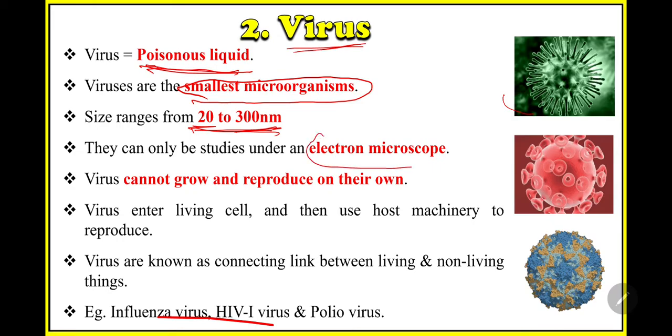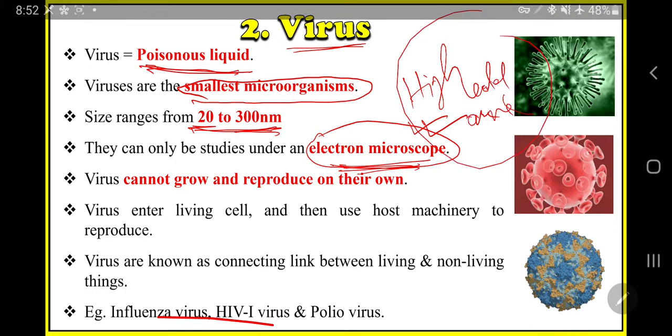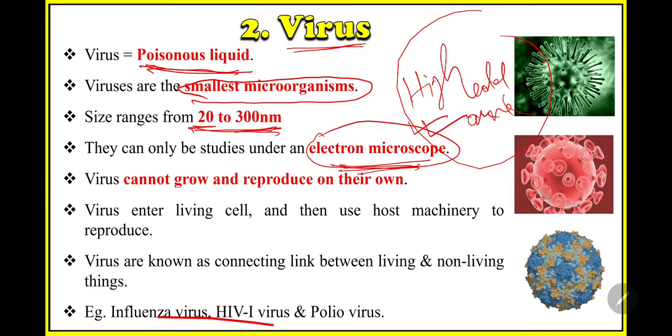So far, of all the organisms we have studied, we have studied only bacteria. Bacteria can be studied with the help of a normal microscope. In the initial case you can start with a compound microscope, but for viruses you always need an electron microscope. An electron microscope is a high level one, so it is a costly one. You cannot get it easily. So studying a virus is very difficult.